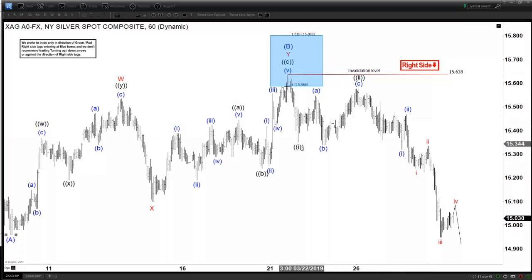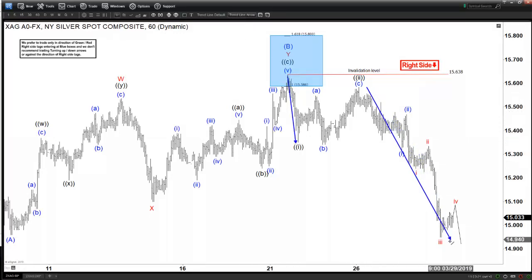It looks to be 5 waves in the initial leg, and then this one also looks to have an extension right now, and what that means is that this could probably unfold into some sort of 5 waves at least. 1 2 3 4 5, and because we only have 1 and 2 and 3 so far, that means that most likely in the shorter cycle we can still see further weakness